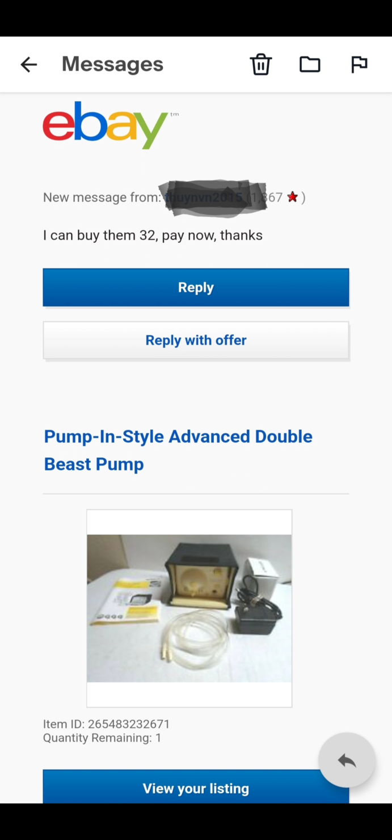I know these breast pumps sell pretty quick, and so I countered the offer at $35. That's $3 more than what they were asking, because I had it up there for $39.99. So it'd been $5 less, kind of meeting in the middle of their asking price and my asking price. Well, they didn't respond, and I'm kind of glad because a few minutes later it sold for my full asking